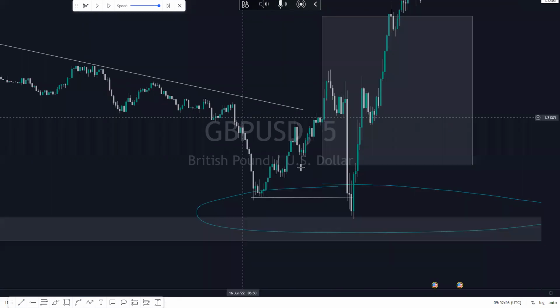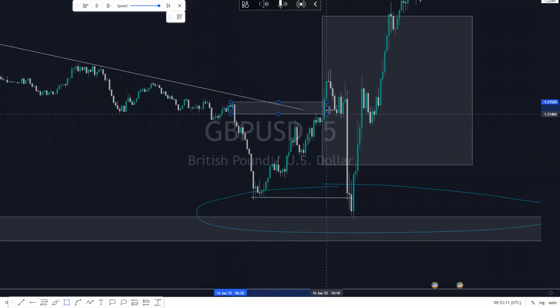So normally we're supposed to be expecting price, even when it gave us this, because this is going to be a change of character, right? We're expecting price since it came down and it didn't respect our supply in this particular region. So we're supposed to be expecting price to get to this particular side here. But instead,